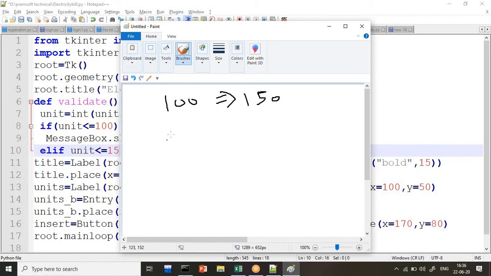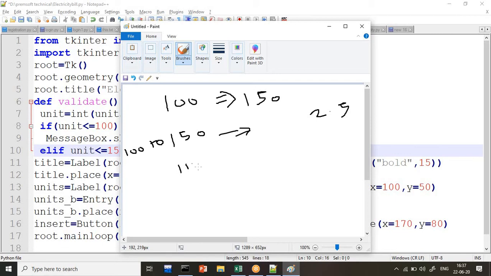But if you consume between 100 units and 150 units, how much do you have to pay? You have to pay, let us say, 2 rupees 50 paisa per unit. Suppose I consume 110 units.